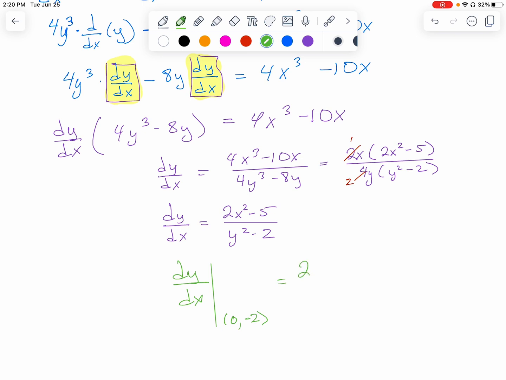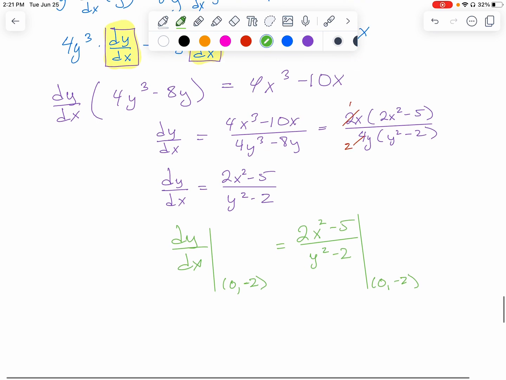That means we take the dy dx we have found and evaluate it at 0, negative 2. So plugging in 0 for x's,